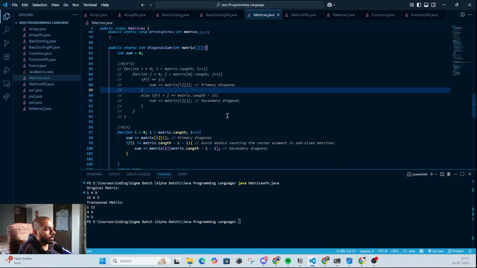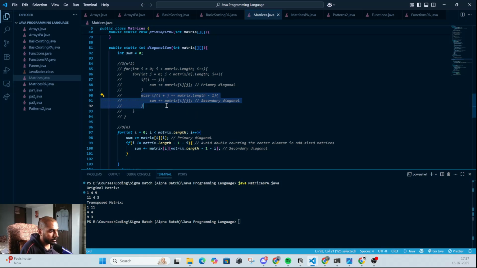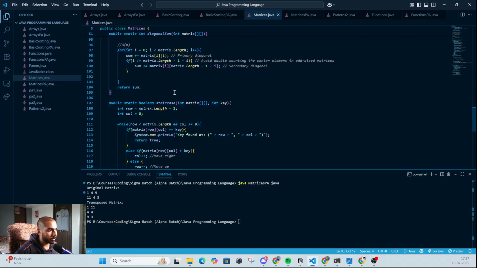Anyway, so yeah, for the primary diagonal, we have that condition, and for the secondary diagonal, we have a condition that the sum of i and j was always length minus one. So that was a pattern for all the diagonal elements. So yeah, then we sum that, but that was kind of brute force, of course, because it's big O of n